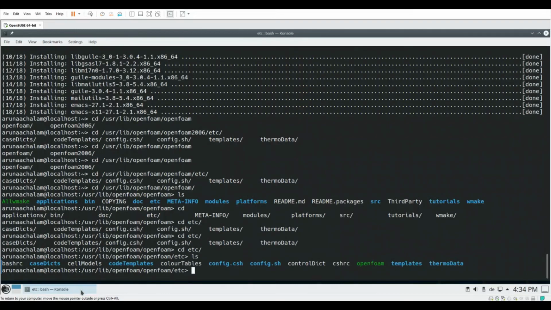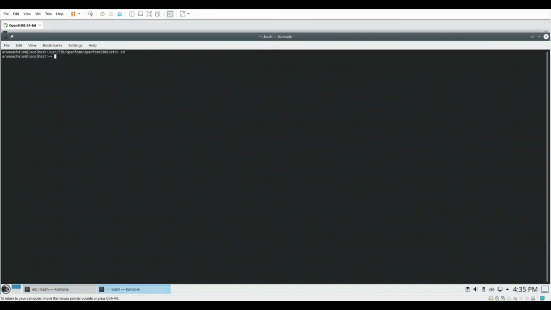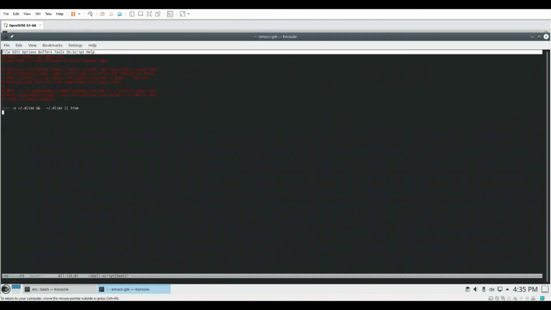The default installation of OpenFOAM will be in usr lib OpenFOAM. You will find the bashrc file of OpenFOAM over there. Let's check if we have that here. Yes, we have the bashrc file, and then type the command cd, come to the home screen, and now open the bashrc file with Emacs. So the command is emacs bashrc,